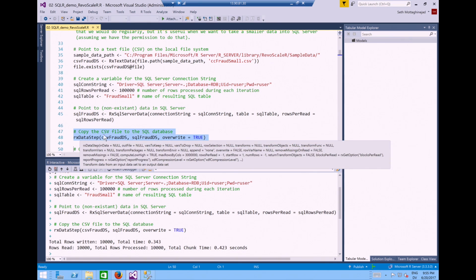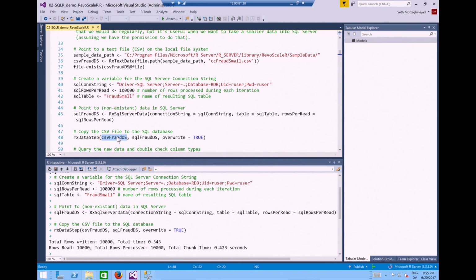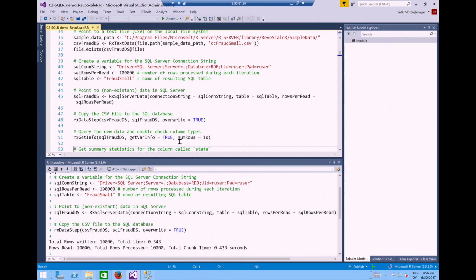So this function rxDataStep says, here's some CSV file. Here is a pointer to data in SQL. That's the word I like to use, pointer. I think when you say pointer, it becomes clear that there is no overhead. It's just pointing to some data, and it's going to go read from the CSV and dump the results in SQL. Now that it's in SQL, we can pretend that it was always there. Right? Most of the time, data is already sitting in SQL. We don't have to do what we just did.